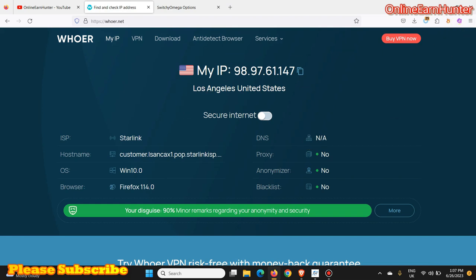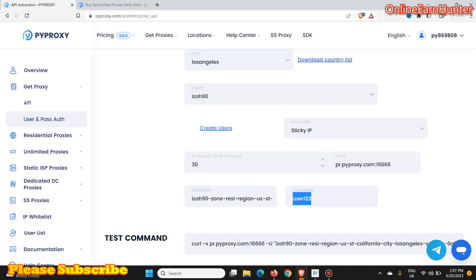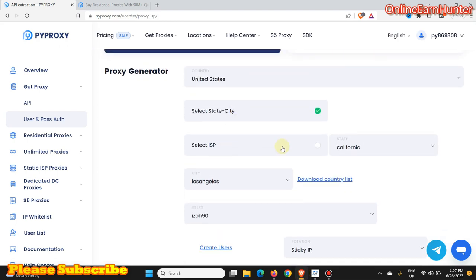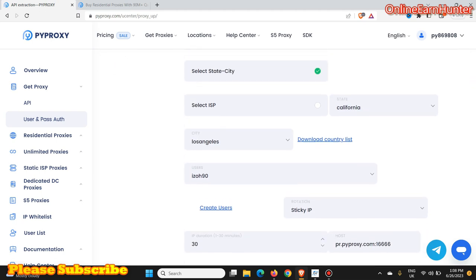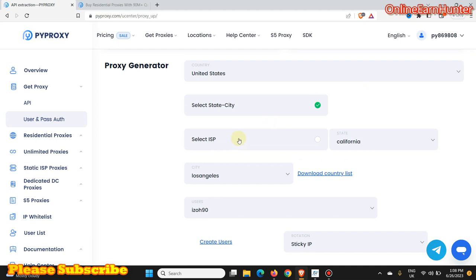This is the first option, whereby you are allowed to select city and state. Then let's go to the second option of connecting. The second option of connecting, whereby you can select